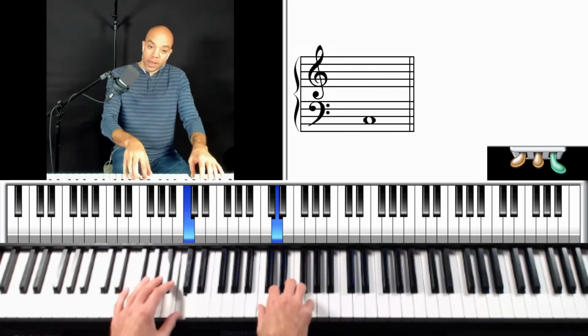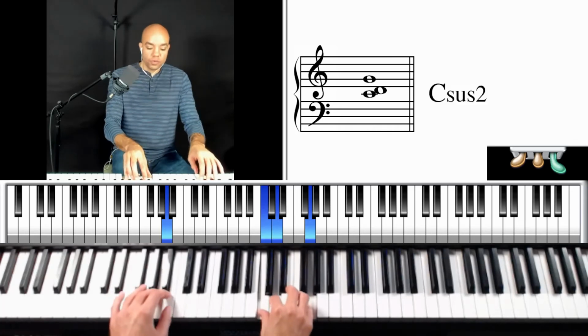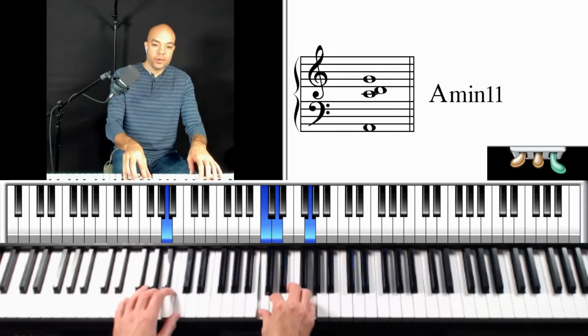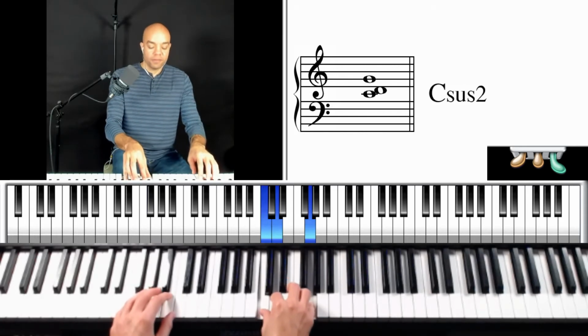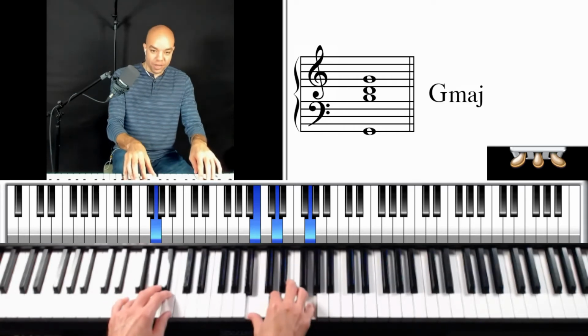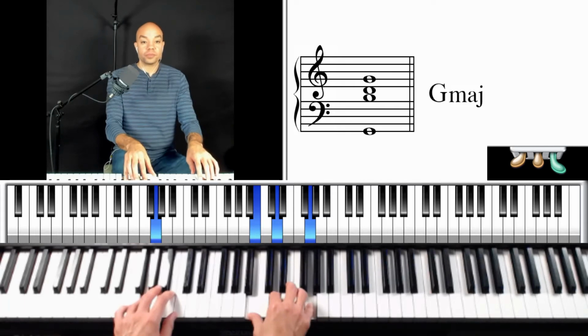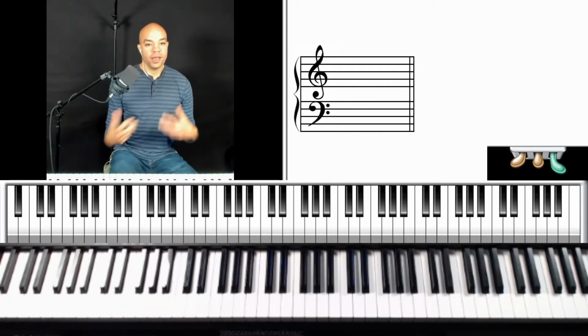1, 2, and a 3, 4, and 1, 2, and a 3, 4. One more time, we'll do it at that tempo, and go as slow as you have to really catch this,